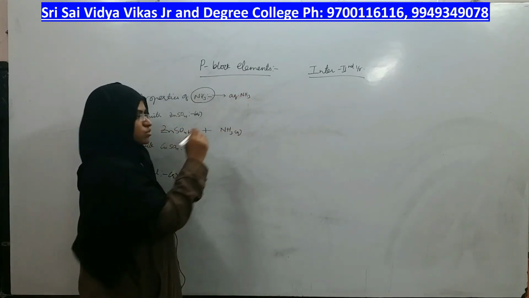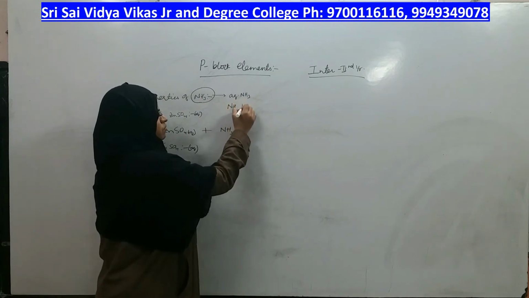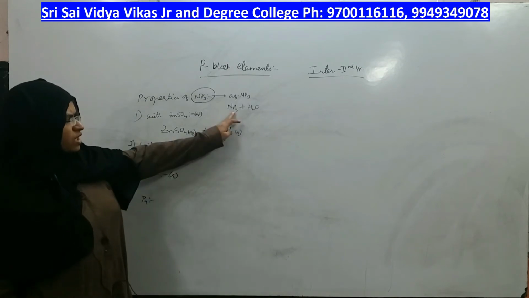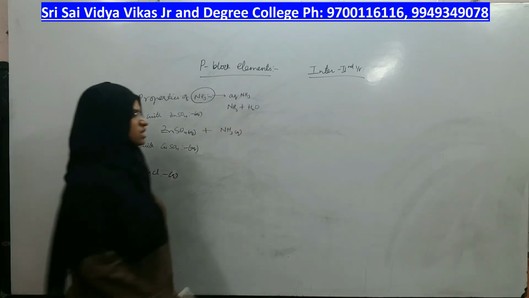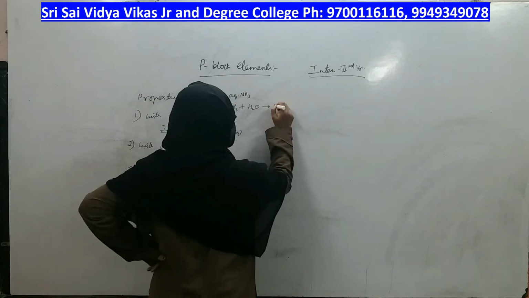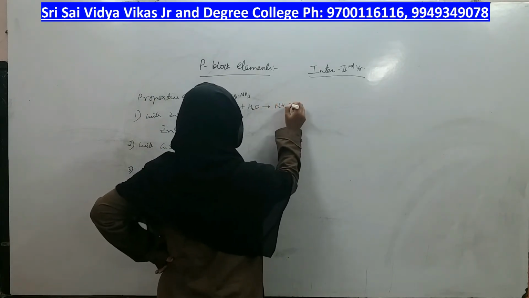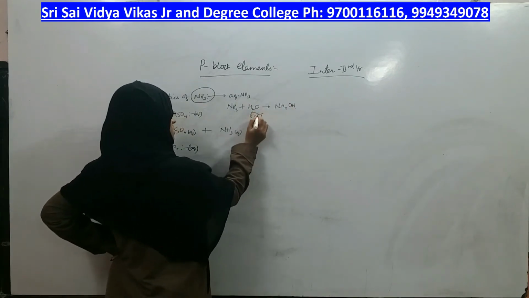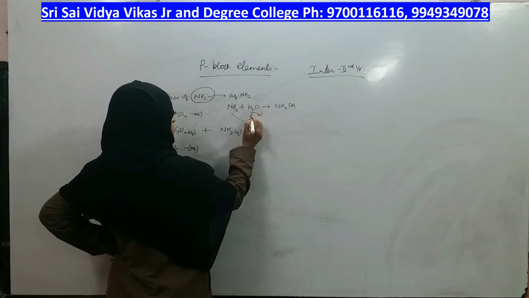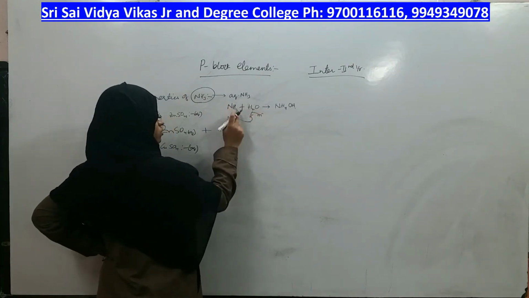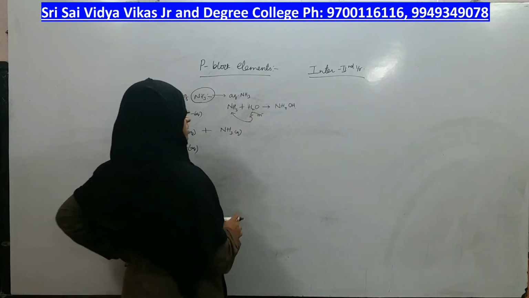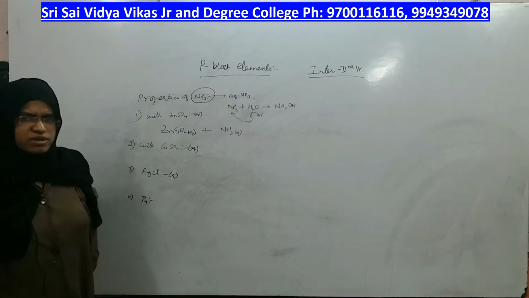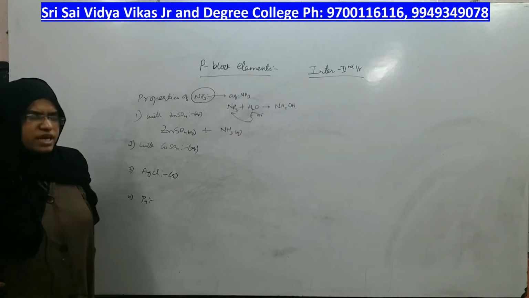What does it mean by aqueous ammonia? Ammonia plus water is called aqueous ammonia. So will you always write ammonia plus water? You cannot write like that every time. So aqueous ammonia is in this form, NH4OH, because water has H plus, OH minus, right? This H plus goes here, so it becomes NH4 plus and OH minus remains. So ammonium hydroxide is nothing but aqueous ammonia. You can call it ammonium hydroxide, or you can simply call it aqueous ammonia, right?